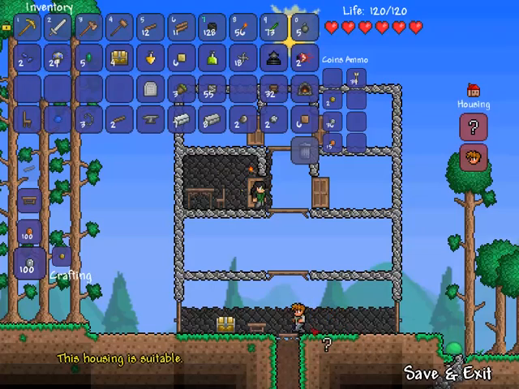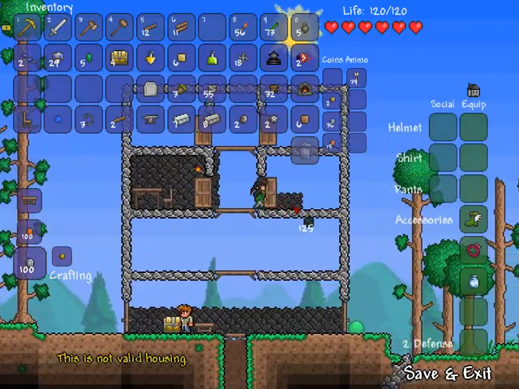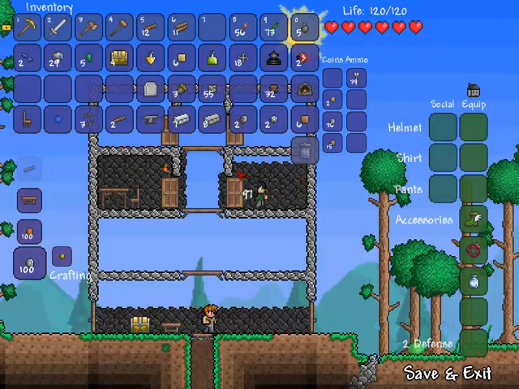I actually think that Mr. New Guy there is going to live in that room, so why don't we expand another one and see if we can, or can't get somebody new. I wasn't asking if this was a valid housing game. That's why I closed the housing menu. Anyway,